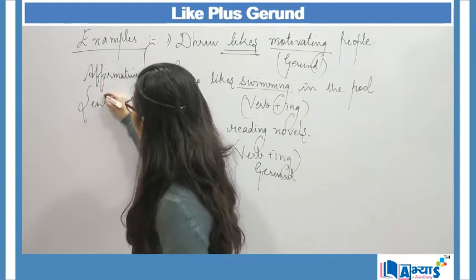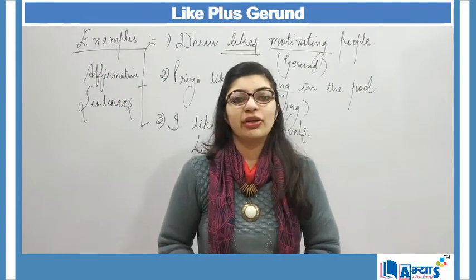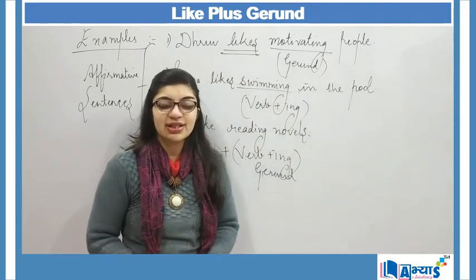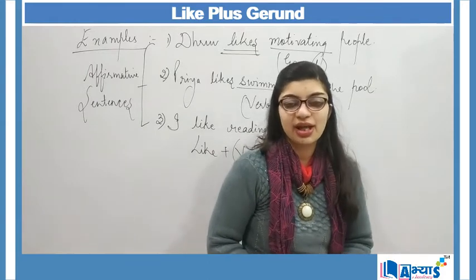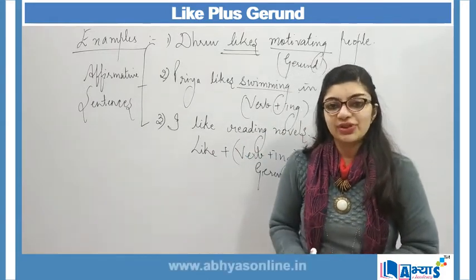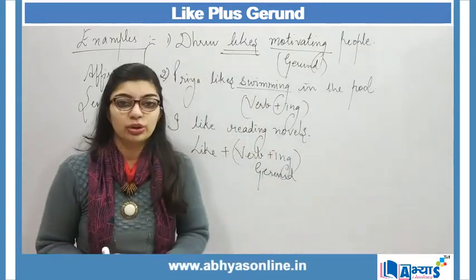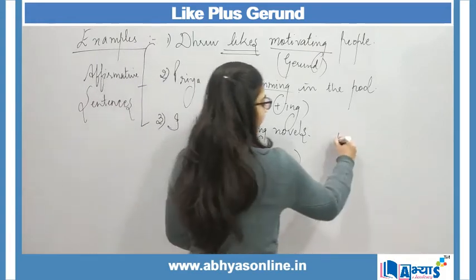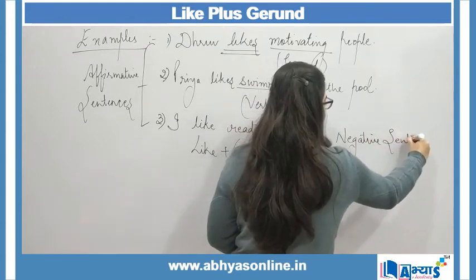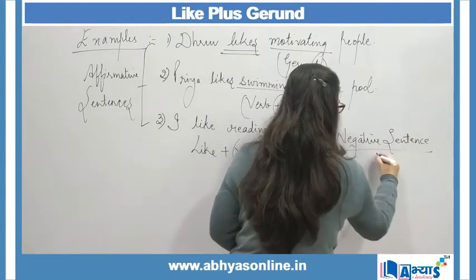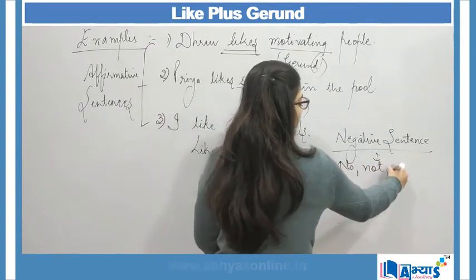Affirmative sentences are all those sentences which are positive in nature. But with "like", I can also make use of negative sentences. Now, whenever I convert my positive sentence to negative, what is the negative? No or not. Whenever I have to make any kind of negative sentence, I make use of no or not,